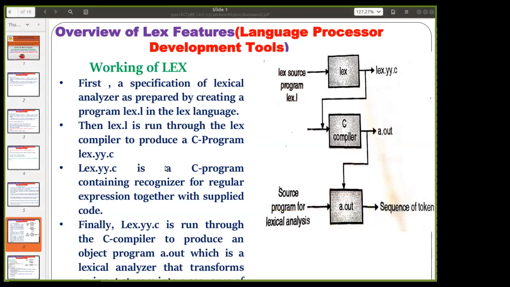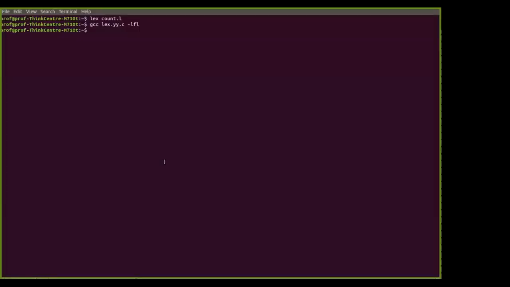Now here you have to run your lexical analyzer, ./a.out, and press enter. Now you have to give the input. For this we are going to give just a C language expression. I will give the input: int p = 2, d = 9, and r = 88;